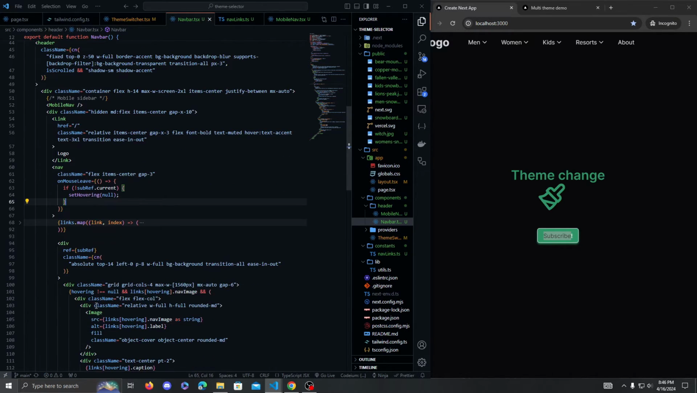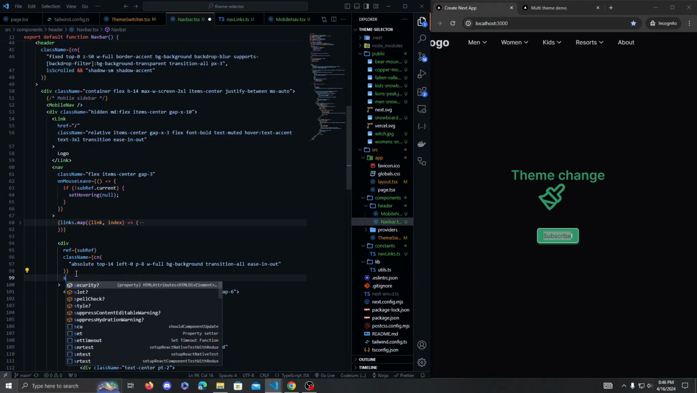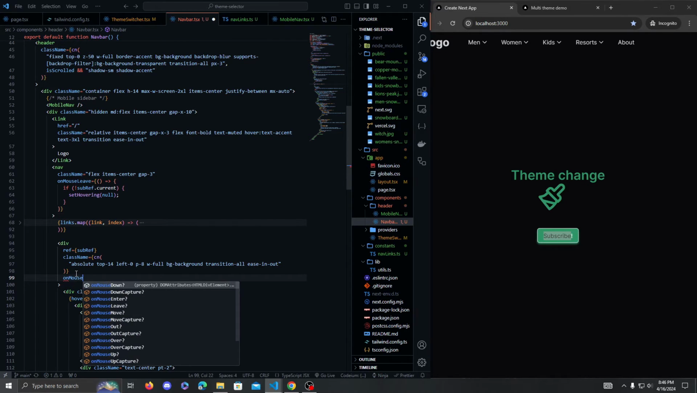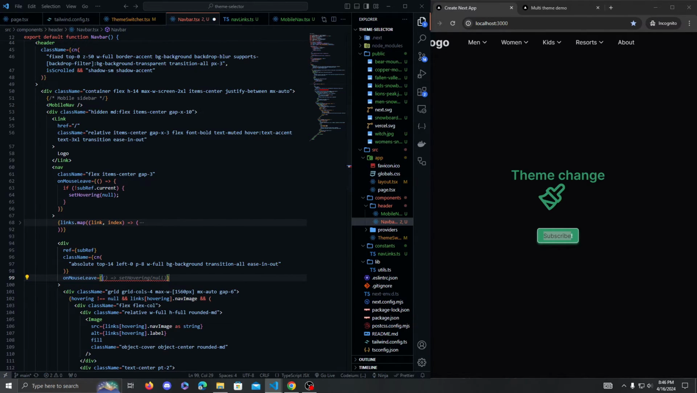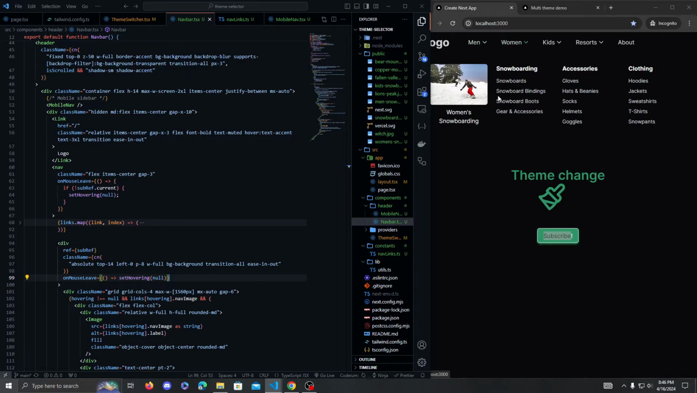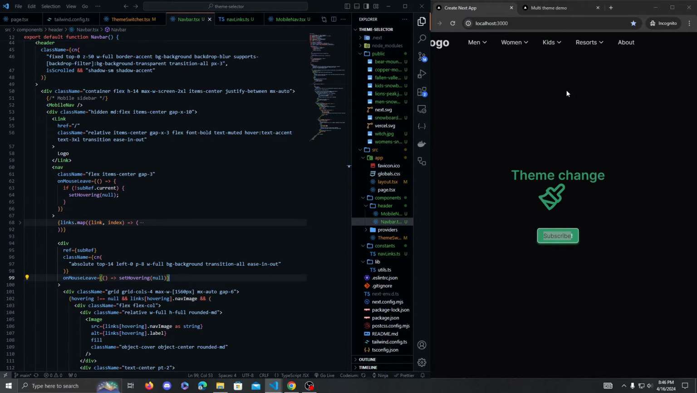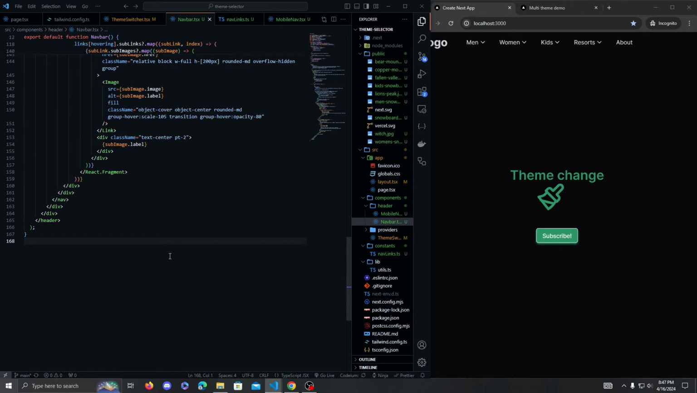And then down here, where the div is with the subRef, we're going to do onMouseLeave here, and it's going to be set hovering to null. So now when we hover and we leave, it'll actually close for us. And now, down here,